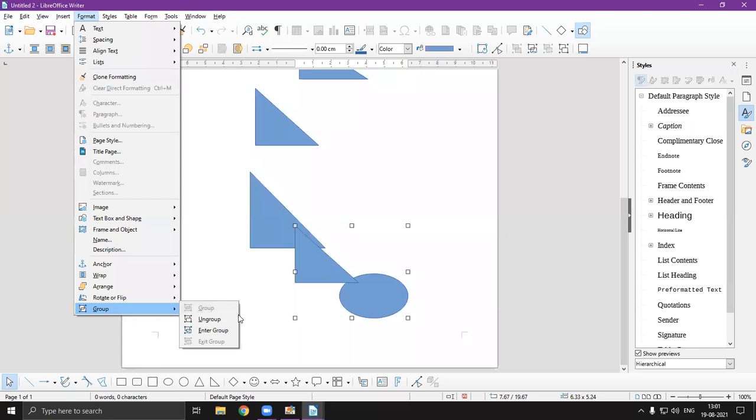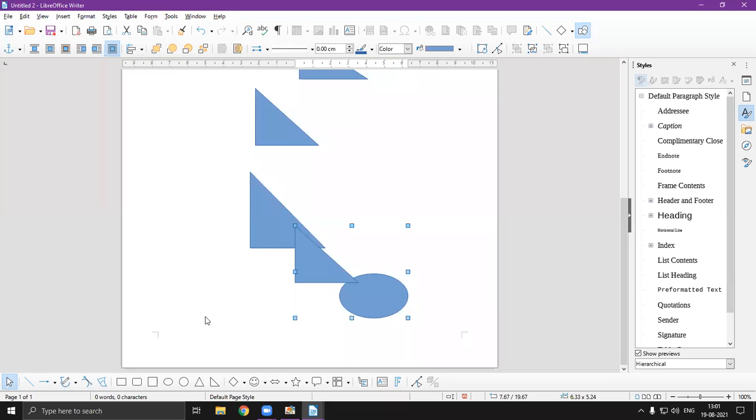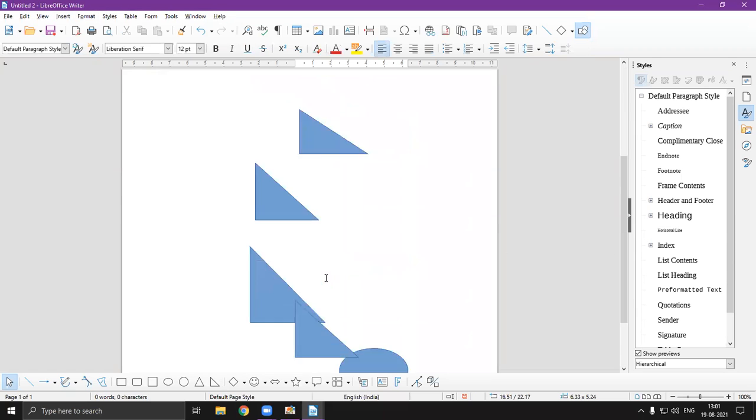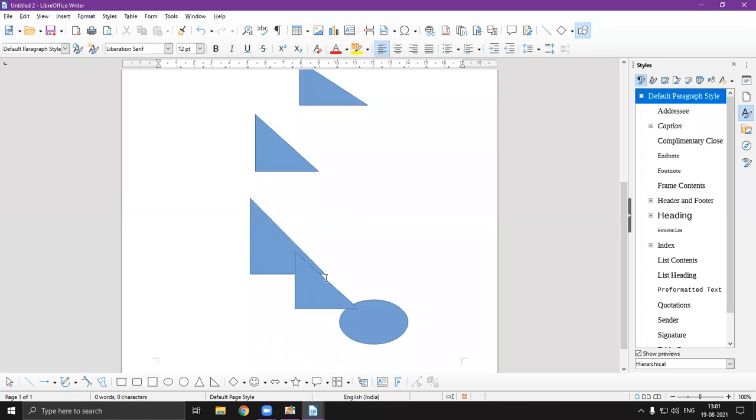It's been grouped here. As you can see, ग्रुप हो चुका है, तभी यहाँ पर ग्रुप को फेड आउट कर रखा है। अगर मैं यहाँ पर Ungroup पे क्लिक करूंगा तो ये अनग्रुप हो जाएगा। ठीक है, जैसे मैंने अनग्रुप किया तो ये अपने आप ही अनग्रुप हो चुका है। So this is how you can understand grouping and ungrouping of an object.